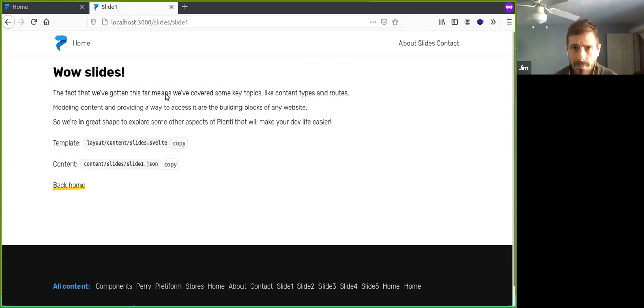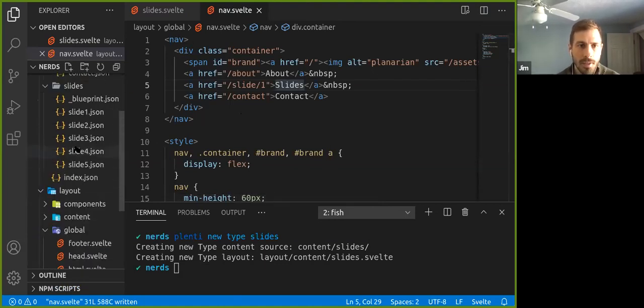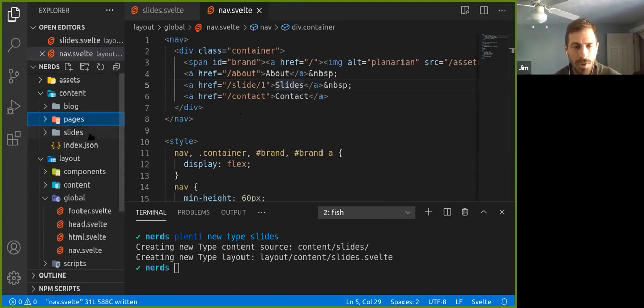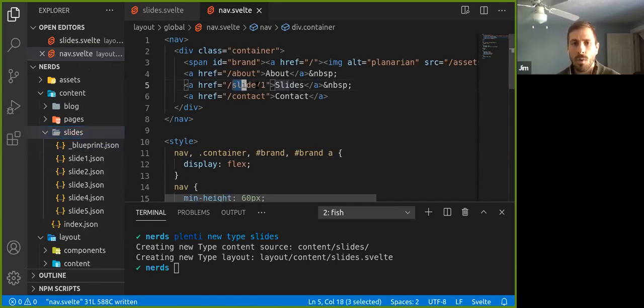But what's happening here, if I switch back over to my editor, is we have this structure over here in our content folder, and Plenty tries to make a route for you automatically for each content file that you have. So for instance, we have this content folder here, and then we have a folder called slides, and then we have file names like slide 1, slide 2, slide 3. So it basically tries to slugify these into paths. And that's why when you're over in your browser, you see /slides/slide 1. Now, in our menu here, we wanted to use slide/1. So we dropped the S and then we dropped the word slide afterwards.